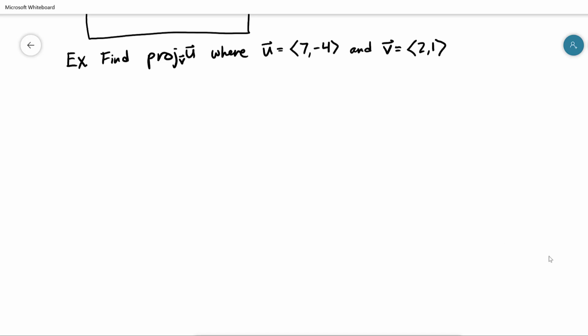So I know my answer is going to be a vector that's parallel to this. It points the same direction as v. Let me just draw as carefully as I can a picture, and hopefully that picture will allow us to